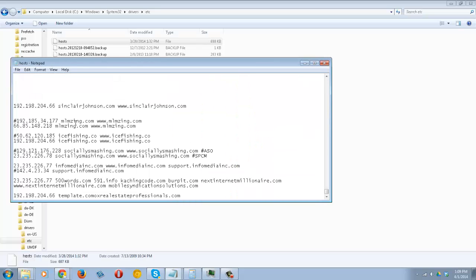So in this example you can see a few sites that I've been working on recently. So one of the things I'll do is I'll map the original site as well as the new site, so that way I can easily switch in between them. So for example, this first line here was pointing at the old host. This second line is pointing to the new server. So while I'm showing in this example that you can map the old site as well as the new server and switch back and forth,